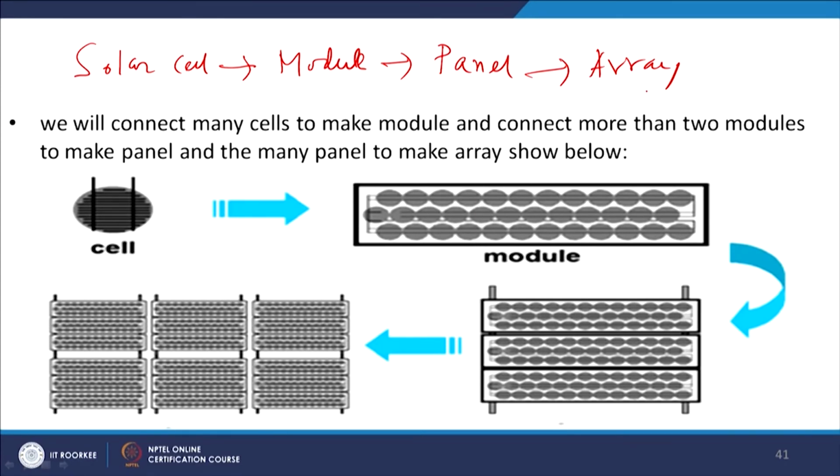So, the solar array which we usually see actually consists of solar panels, which consist of solar modules, and these modules are made of many small solar cells, which are interconnected in series or in parallel. Here a single solar cell is shown. When you connect all these silicon solar cells, you get this module. Then when you connect so many modules together, you get this kind of panel, where 1, 2, 3 modules are here. Now, if we have so many panels connected with each other, then we get a solar array, which is useful for driving any load or giving electricity in our room.